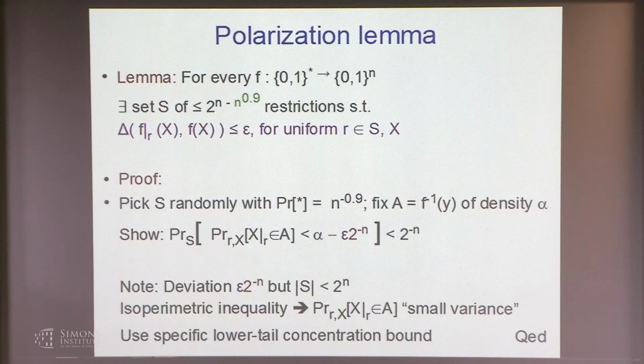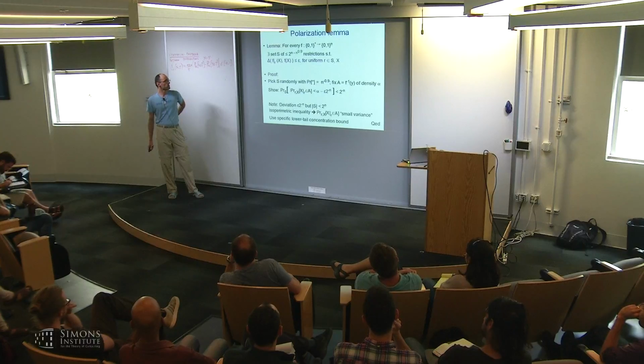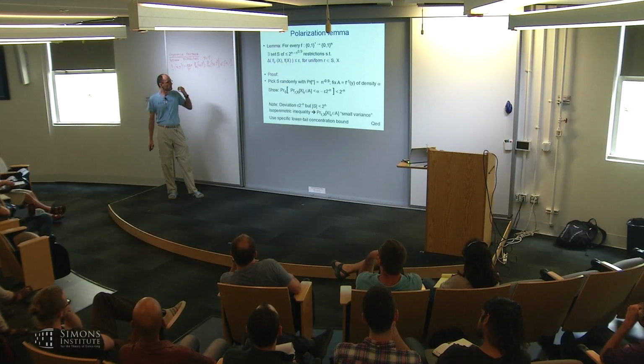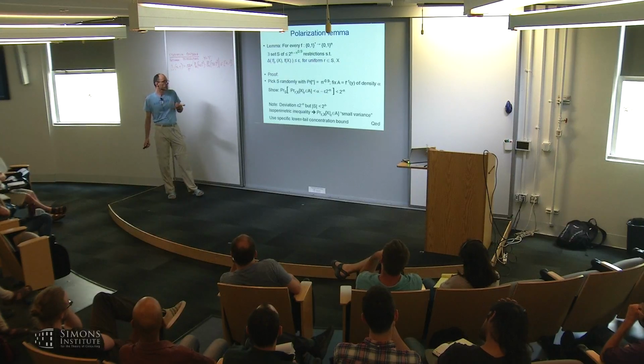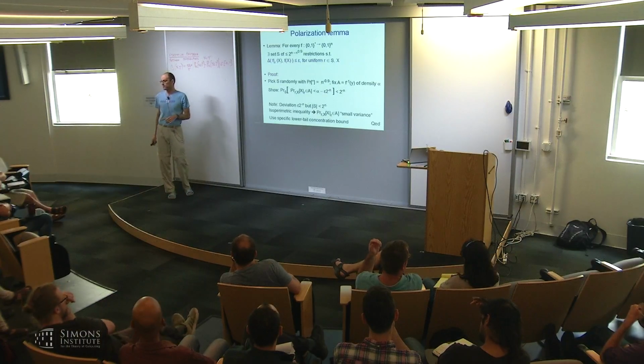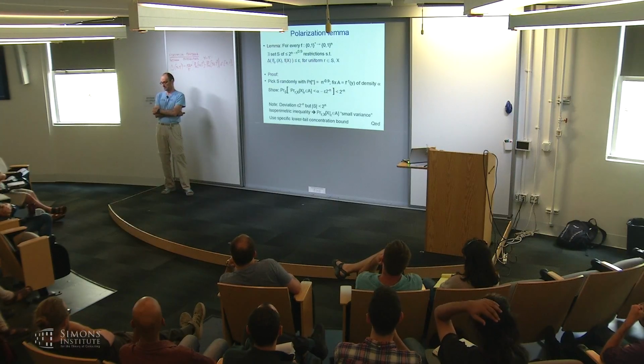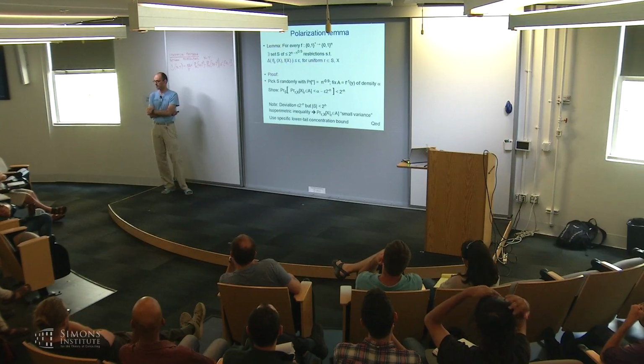What do you mean you pick S randomly? I mean, you can afford to take all S's of this type, right? Maybe there's a way of arguing that way. So you're saying just pick all of them with a fixed number of stars. The number of such S's is this number. Yes. Times, I don't know if that's, I'm not sure if that would simplify.